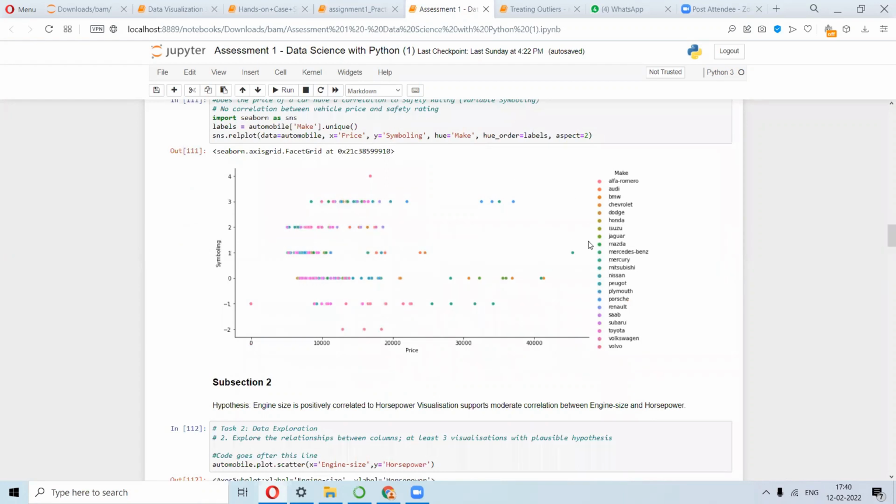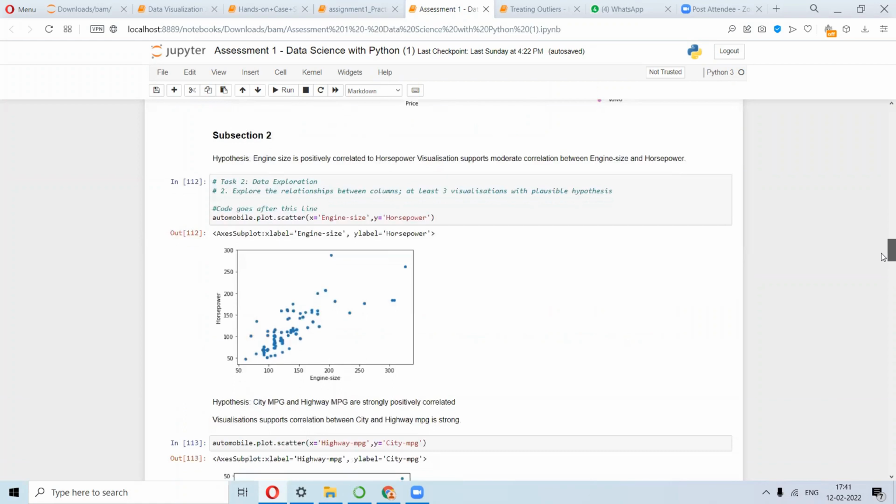This is not recommended, but still, this is the distribution of the symboling and price, from -2 to 4. Now, this shouldn't be there, but it's here because in this particular document we didn't clean the symboling 4. It shouldn't be there, because if you look into the description for the dataset, the maximum range is from -2 to 3 or -3 to 3.